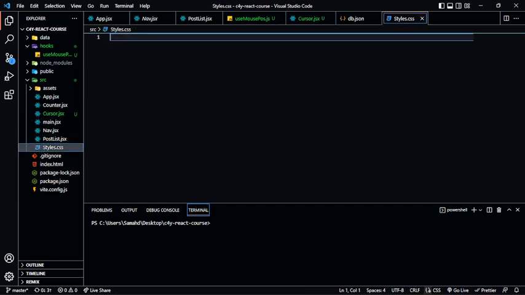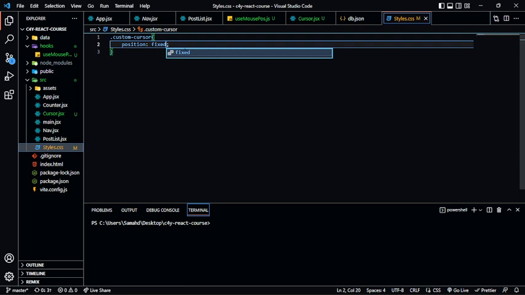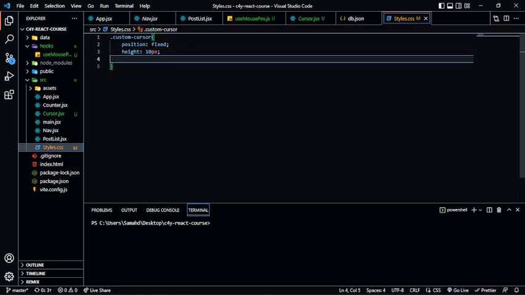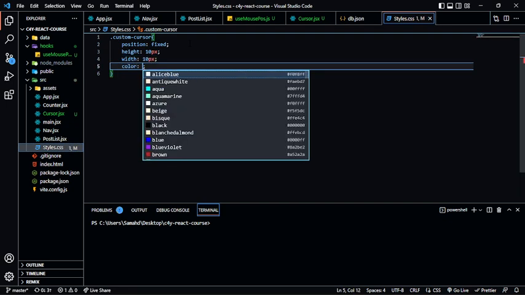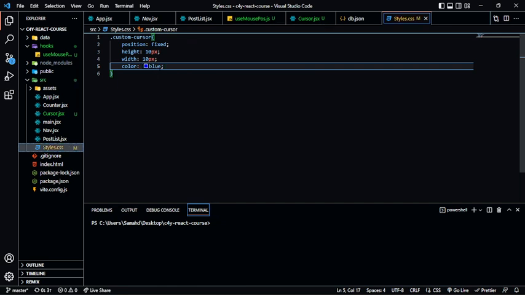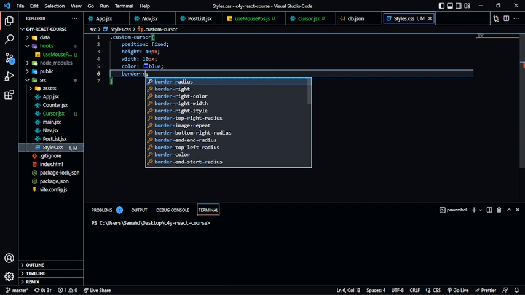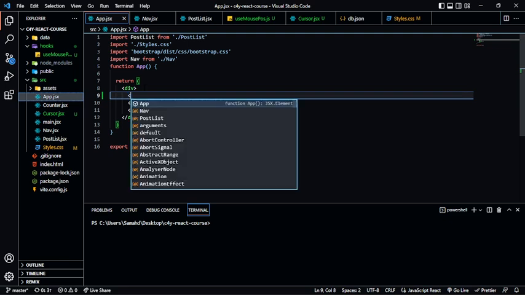So I'll go into my styles.css. Wow, this is actually empty for now. So the class dot custom cursor, then I'll firstly need to add a position of fixed so it can actually go anywhere. Then I would like to add a height, maybe 10 pixel. Well, I've not tested this before, so yeah, hopefully it works. Another 10 pixel. Then color, maybe blue, just to test this out. We would eventually style it more later. And then border radius, just to create a little circle, maybe 50%, and that should give us a circle or something. So I need to come back to my app here and just import my cursor